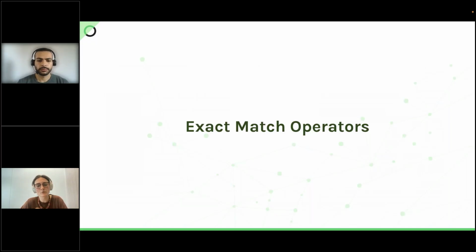And also, whenever you have words that contain special characters, hyphens, underscores, any special characters, they are transformed into spaces. And this is great by default, because it's saving us time. We don't have to add all the different forms of the same word. However, there are going to be some specific cases where you don't want this default behavior and you would like to take these elements into account. And here is where you can use the exact match operators.